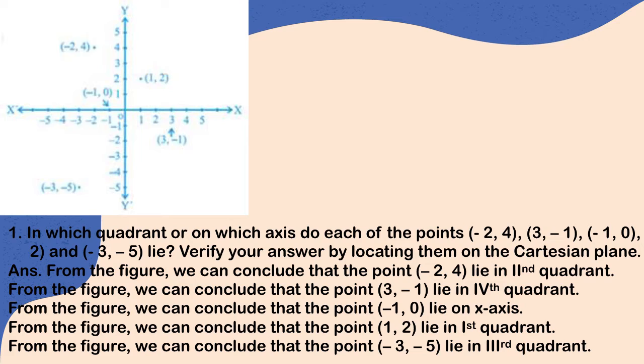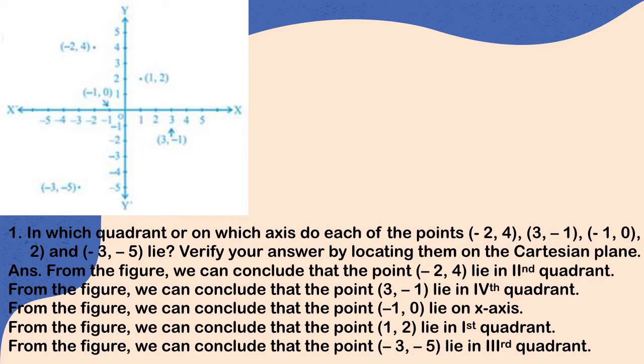I have plotted the point also over here. You can see this clearly. The x value is -2, so on the x axis I will look for -2, and for y the value is 4, so on the y axis I will look for 4. Now the point of intersection of these two lines will give me the required point. So this lies in the second quadrant.